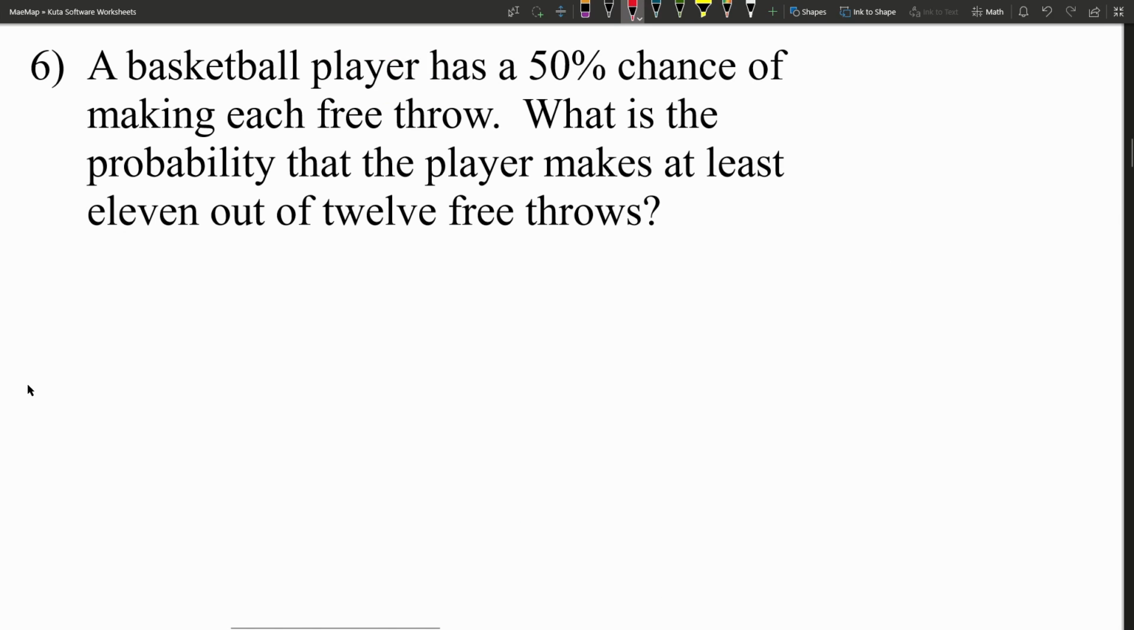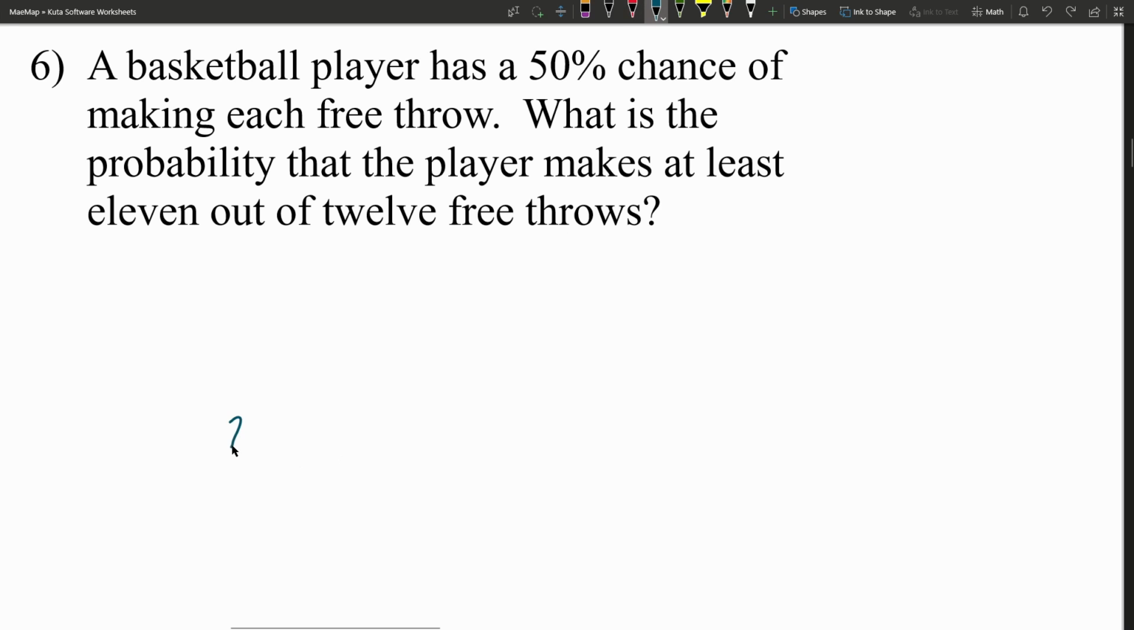For number 6, we have that a basketball player has a 50% chance of making each free throw. What is the probability that the player makes at least 11 out of the 12 free throws? Because the player has a 50% chance of making each free throw, think back to flipping heads or tails. 50% chance they miss or make it is similar to flipping a coin and getting heads or tails. So we just need to calculate the total number of outcomes for the 12 free throws. If it's either a hit or miss each time, that's going to be 2 to the 12th